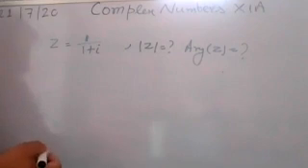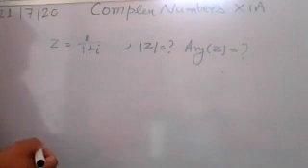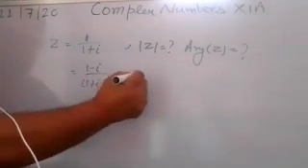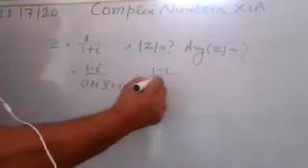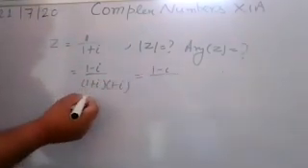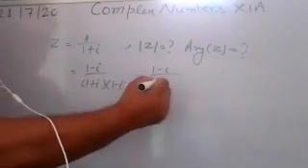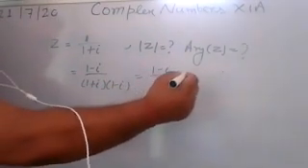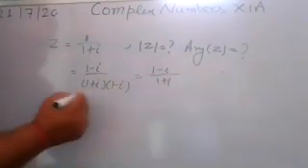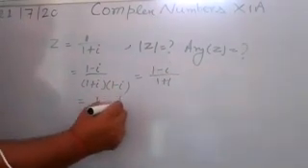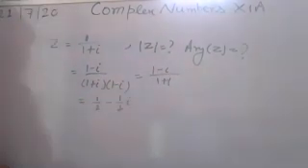What is to be done here? You have to take the conjugate of the denominator. So that is 1 minus i upon 1 plus i into 1 minus i, and is equal to 1 minus i upon, here you are applying a square minus b square, so you have 1 plus 1. So that is equal to 1 by 2 minus 1 upon 2 times i.